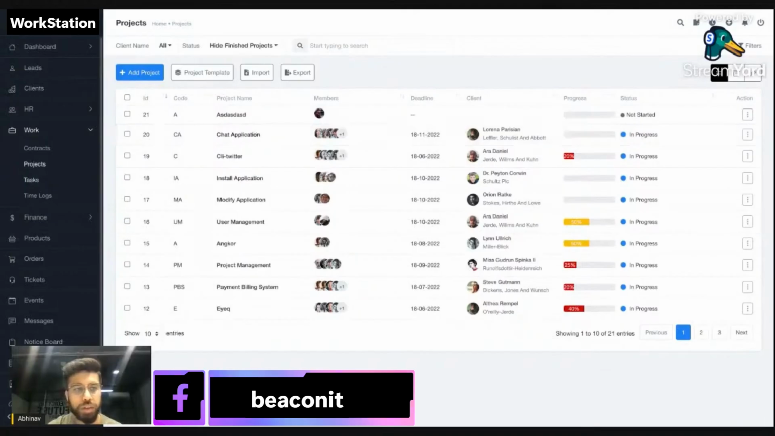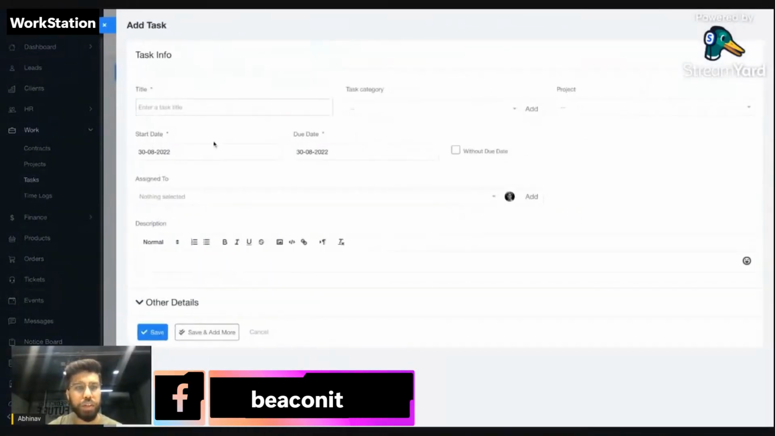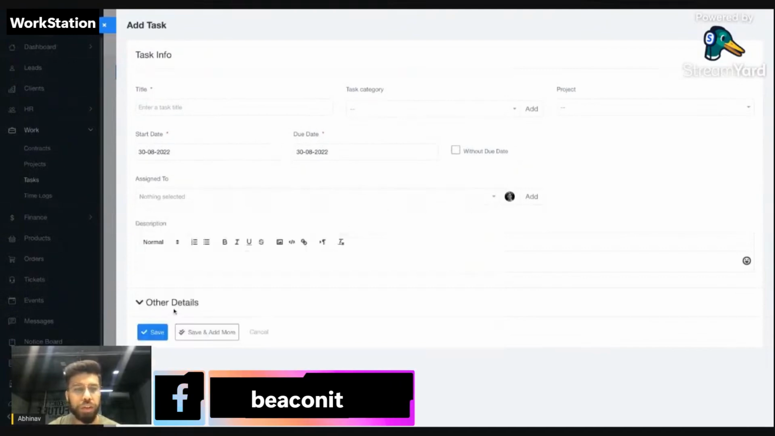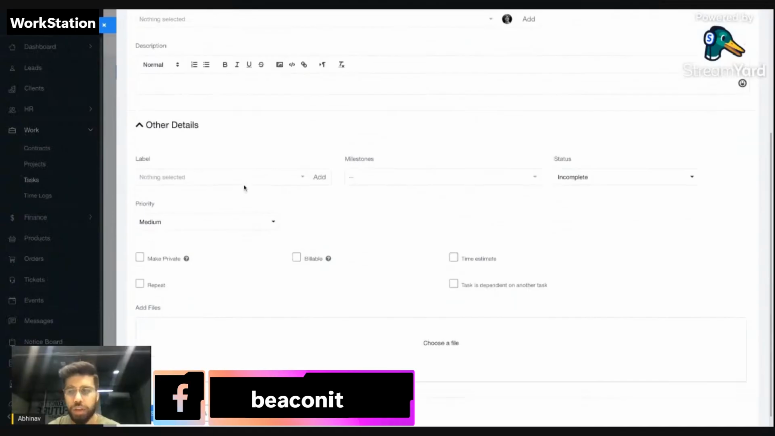Now coming to the task. When you create a task, you can enter the details like the title, when you are going to start that task, and what the due date will be. You can also create a task without a due date. If you want, you can assign the task to the employee, or otherwise you can assign the employee later also. You can link the task with some labels, milestones,